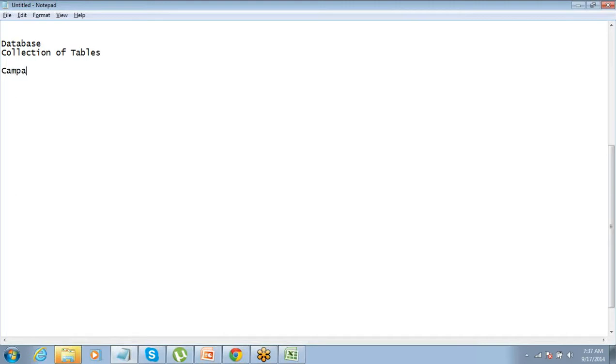Now, what tables did we see yesterday in that flow? First was campaigns. So one table we have in the backend stores all the campaign details. Another one stores all the leads. Then we have accounts. Then we have contacts. Then we have opportunities. And then we have contracts. Then we have orders. These are the ones that we saw. Cases, solutions, products.